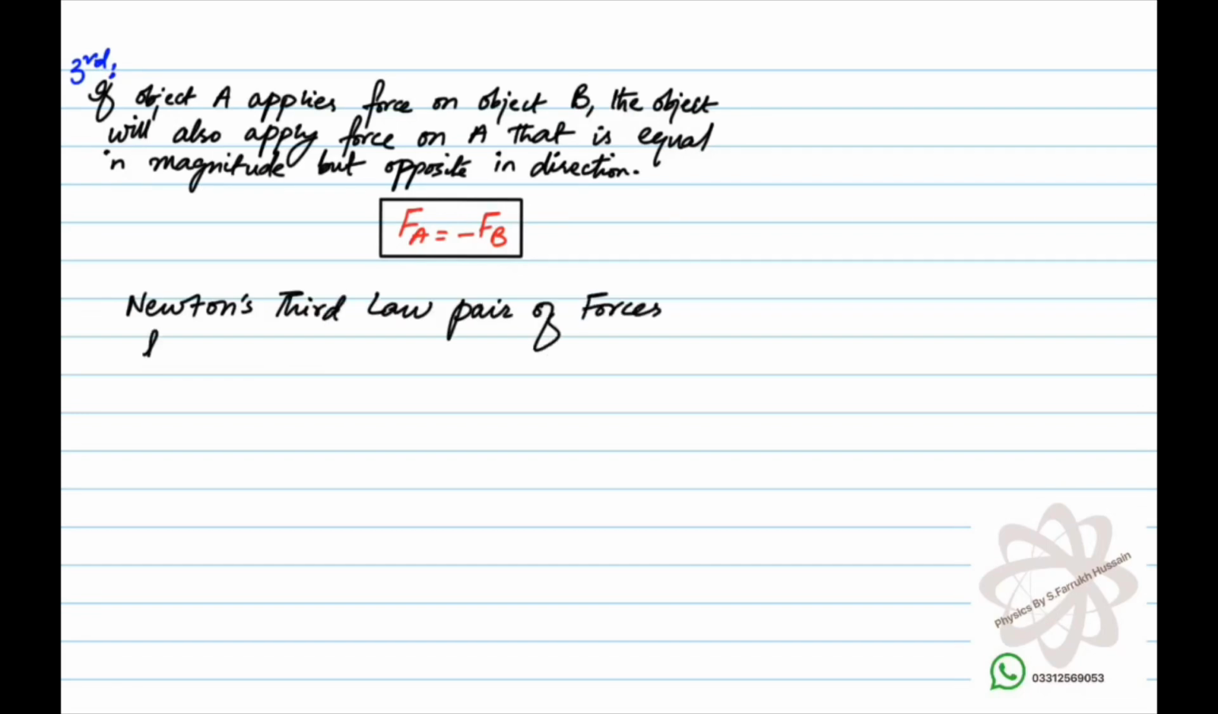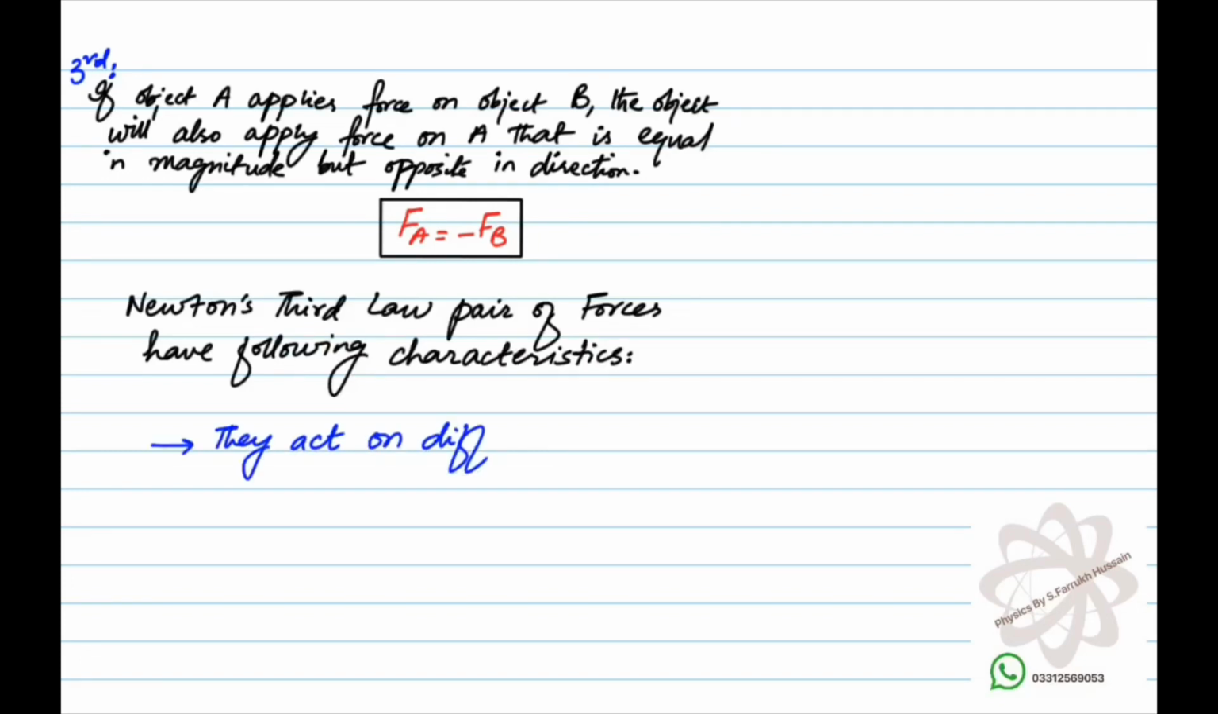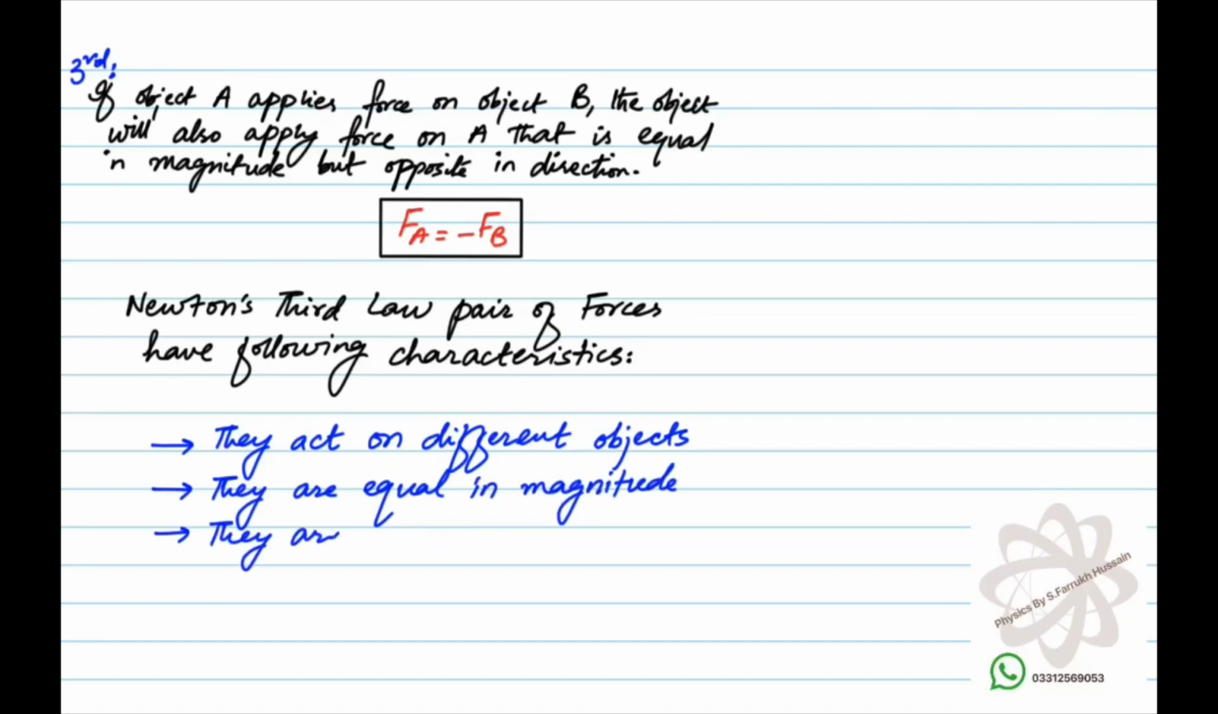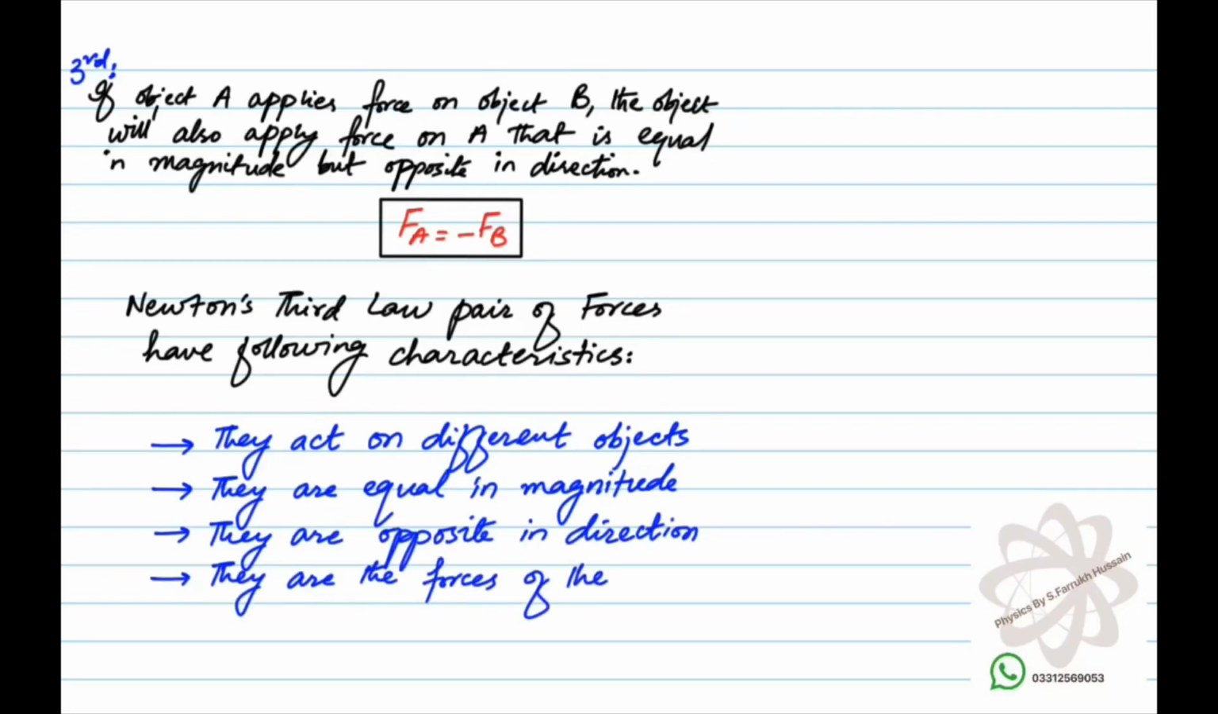Newton's third law pair of forces have the following properties. They act on different objects, which means the objects on which the forces are applied are different. There must be two objects on which the forces act, equal in magnitude and opposite in direction, and the type of force must be the same, which means